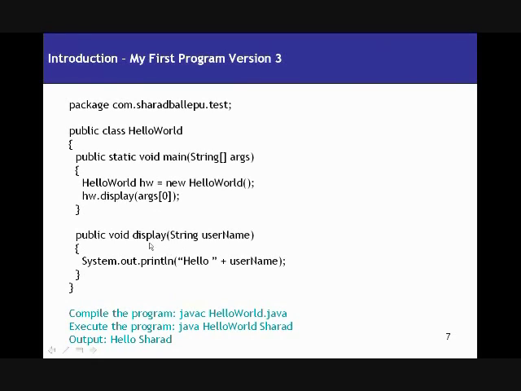Okay, and public void display, what does it mean? Public means anybody can access this method. Void means that it doesn't return anything. Display is the method name, and it has an argument of type string. So I pass a string value as an argument, and I simply print out hello and the username. So if I say java HelloWorld Sharad, it's going to print out hello Sharad as the output of this program, right? So here we have learned that you can pass values to your program when you execute it, and you can use those values,